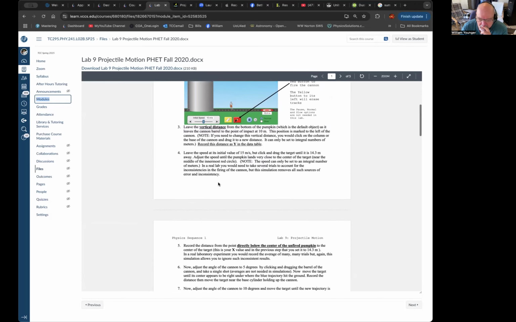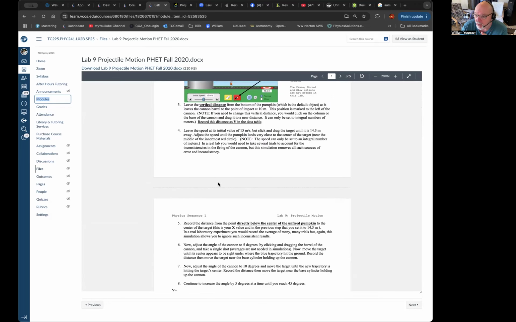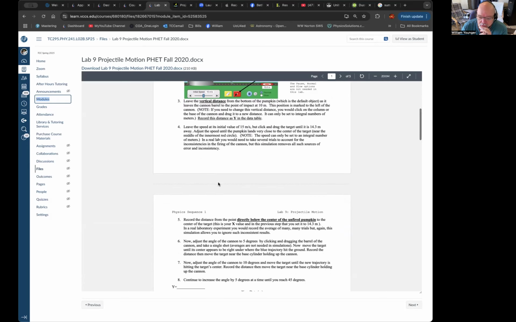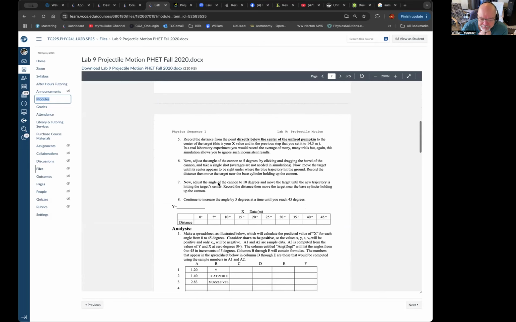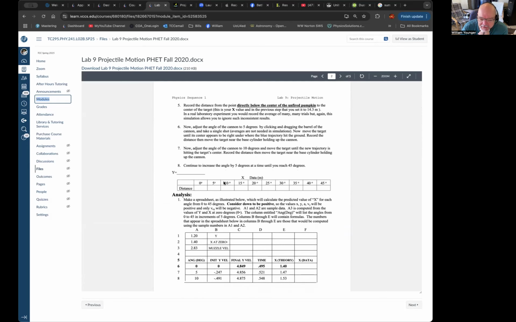But the parts that students usually don't get in this lab are in the face-to-face one. That's why I'm focusing on this right now. They don't necessarily get what goes on here. So what's supposed to happen is you're supposed to, using these numbers, 1.20, 1.40, and 2.83,